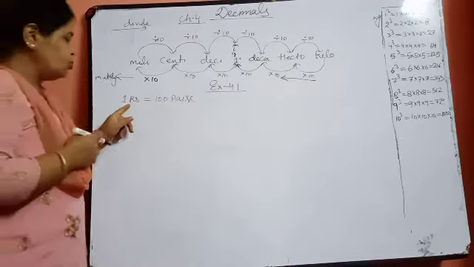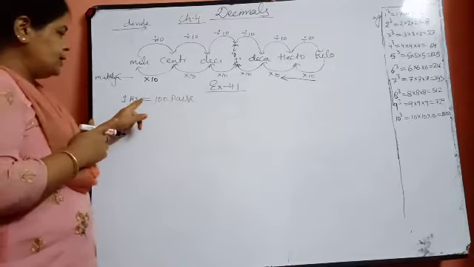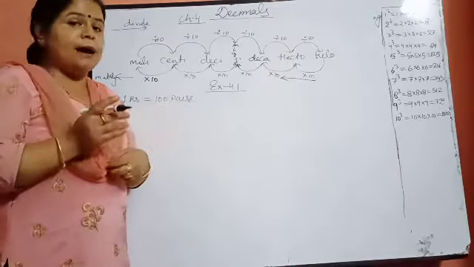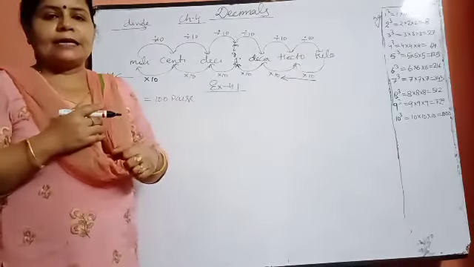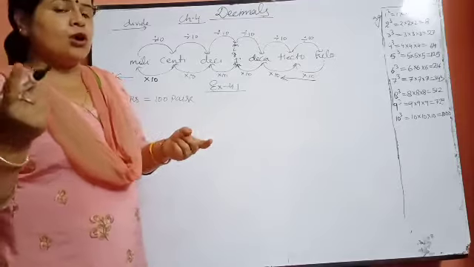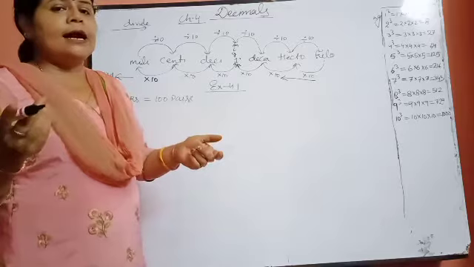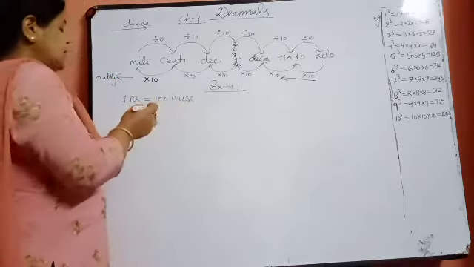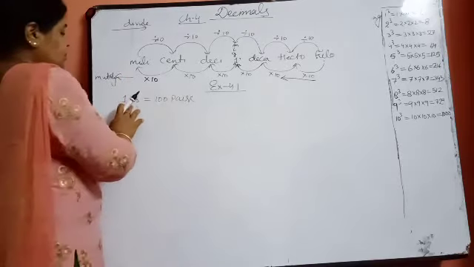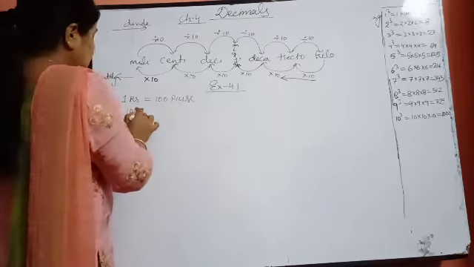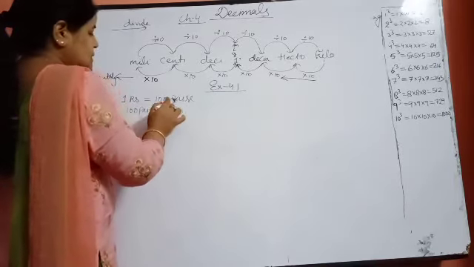Everybody knows the relation between rupees and pies. You know that 1 rupee is equal to 100 pies. It means 100 pies is equal to 1 rupee. If I have 100 pies, how many rupees am I having? 1 rupee. If I have 200 pies, how many rupees? 2 rupees. 300 pies, 3 rupees. So you can see that this one is the greater unit and this one is the smaller unit. From both sides we can use this value: 100 pies means 1 rupee, and 1 rupee means 100 pies.